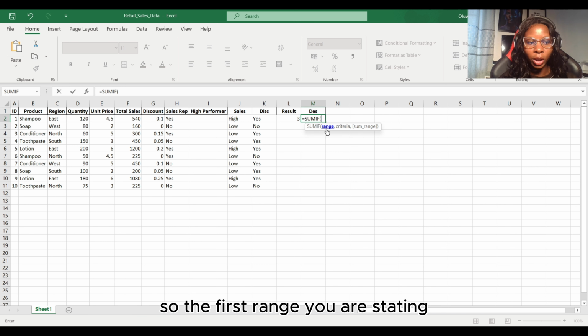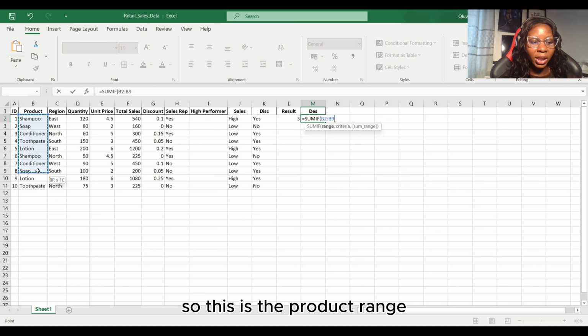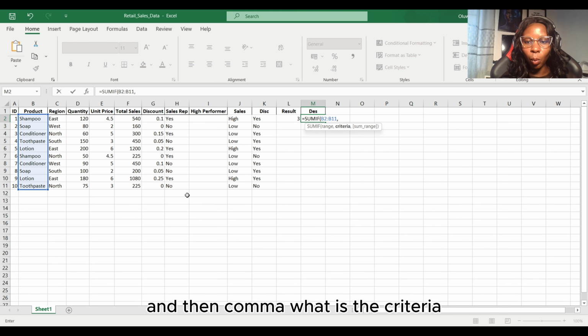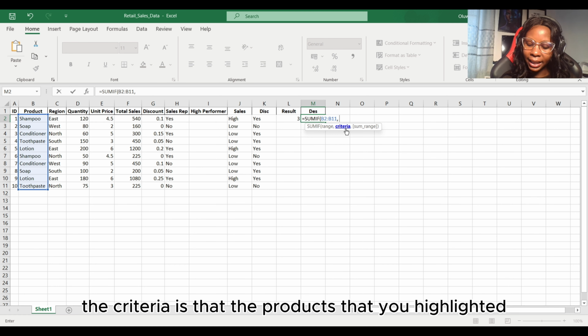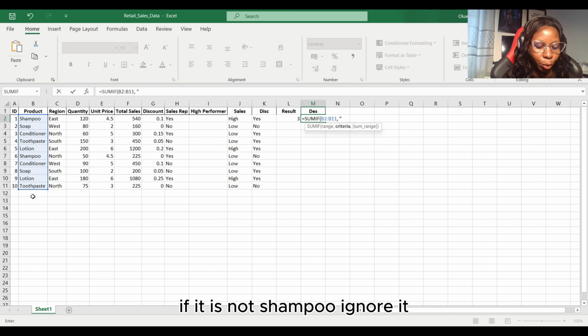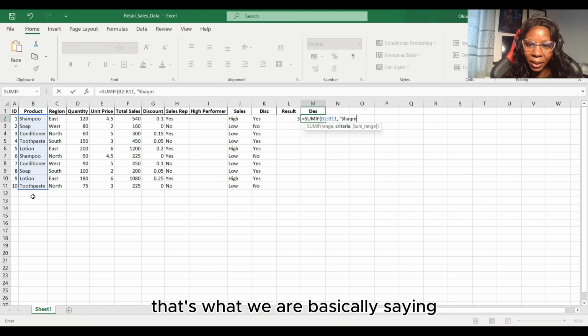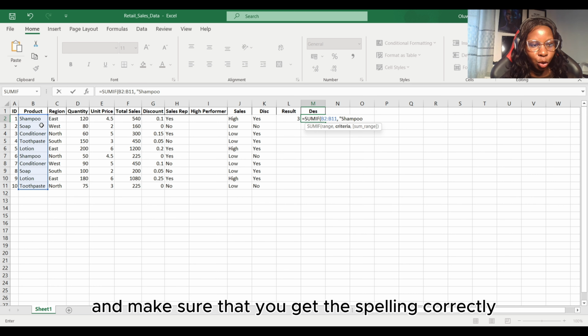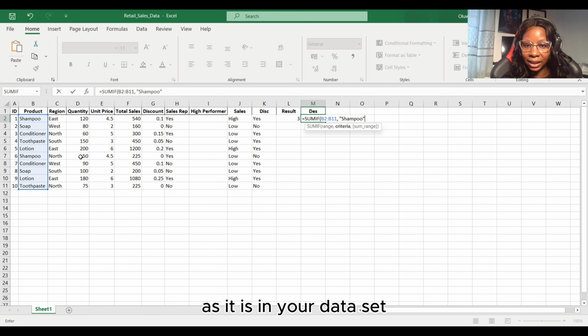What is the range? So the first range you are stating will be the product range, right? So this is the product range. That is the first range that you are specifying. And then comma, what is the criteria? The criteria is that the product that you highlighted, the range you highlighted, must be shampoo. If it is not shampoo, ignore it. That's what we are basically saying. So it must be shampoo, and make sure that you get the spelling correctly as it is in your data